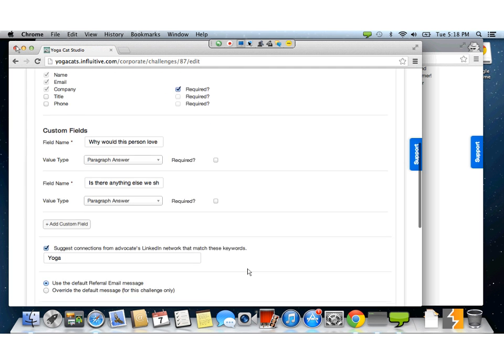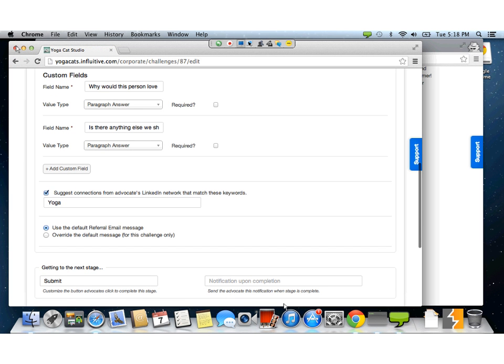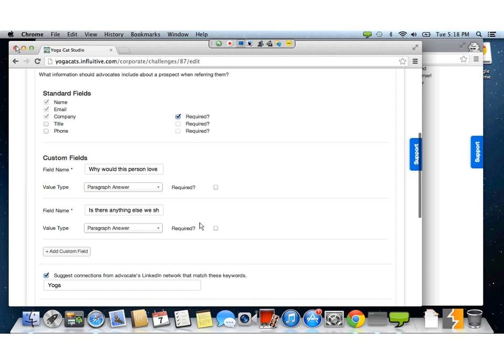And then here where it says suggest connections from advocates' LinkedIn network that match these keywords, this is where you put in the keywords that will filter through your advocates' LinkedIn connections to suggest some people that they may want to refer. One thing to note, just for the referrals, for leads, often it's very helpful to have the phone